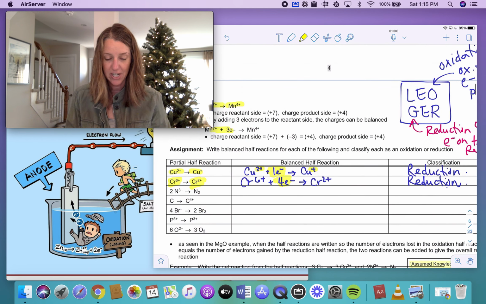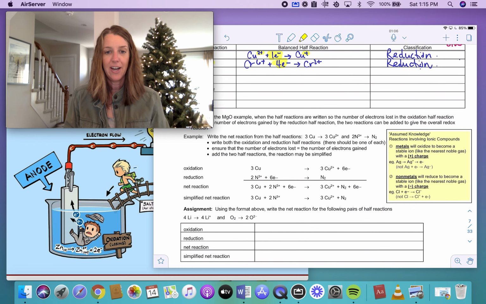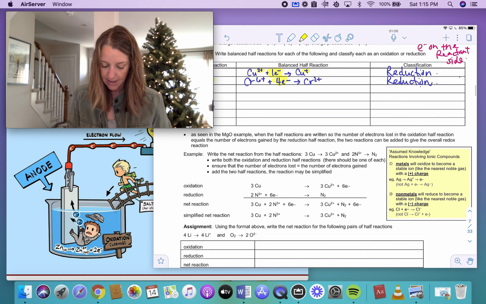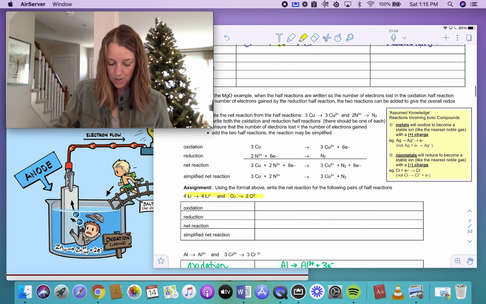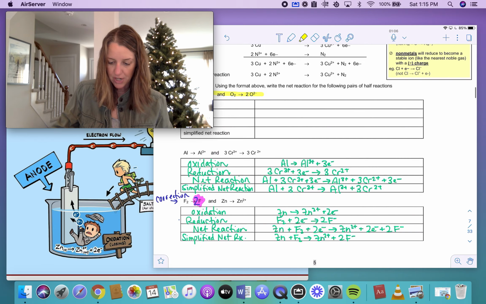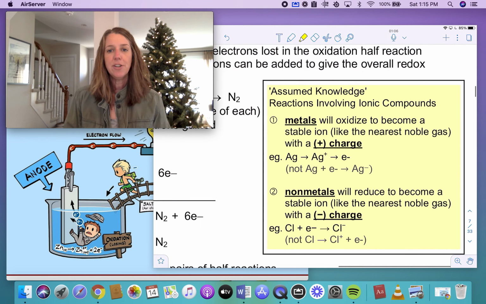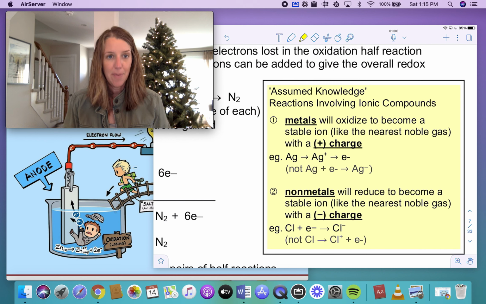Okay, once you get that done, then I'm just going to move on where you're going to look at now 2 parts. You're going to look at the half reactions that we have, and you're going to be filling in for this equation right here. What I want you to think about when you're doing the last 3 on the bottom of the page, I want you to remember that when you're dealing with an ionic compound,